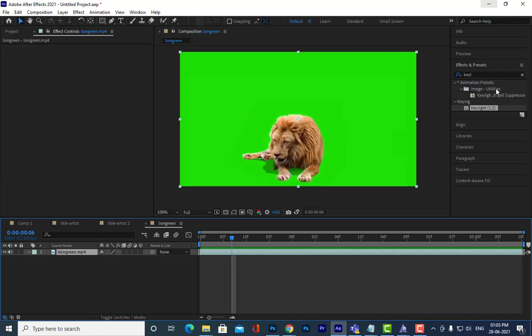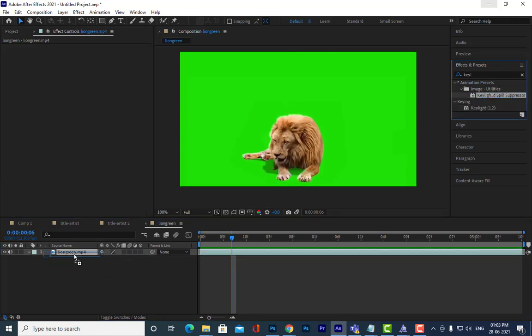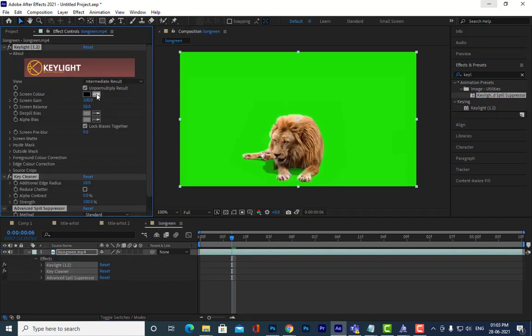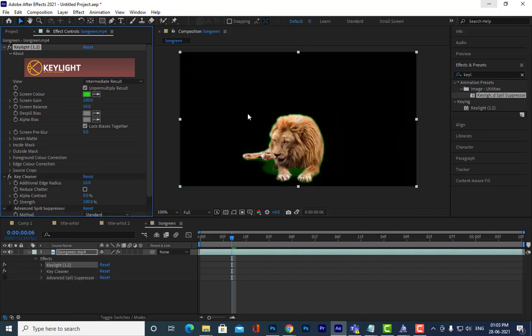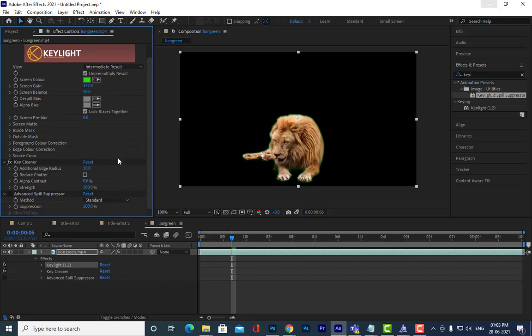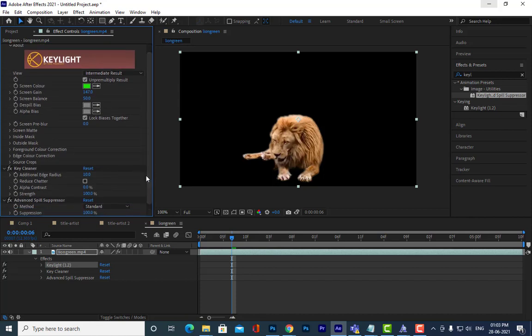Let us use the other one only, spill suppression. Okay. Then we can remove that extra green, and then what else will we do?